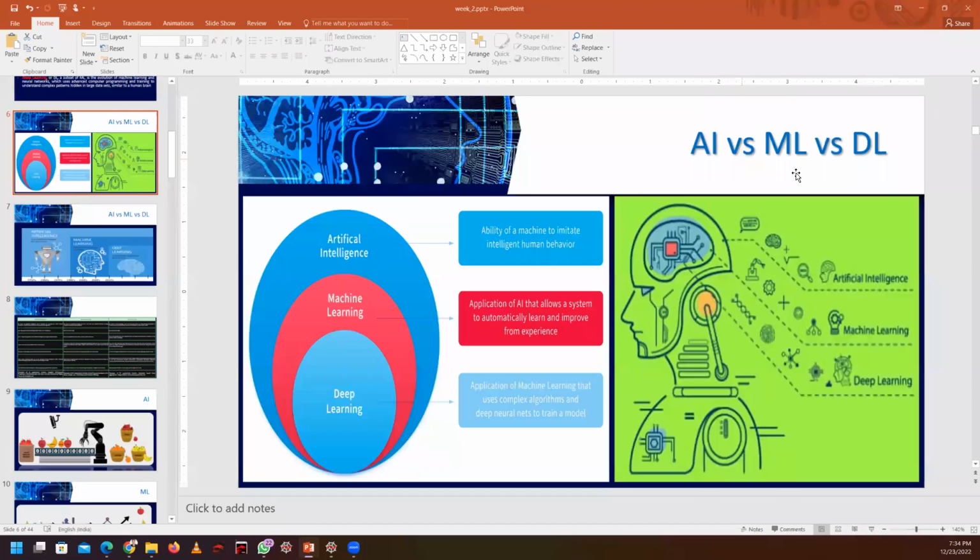If you are implementing any application, whether we have to call it an application of artificial intelligence, machine learning, or deep learning, how do we decide? It depends on the level of implementation, whether we are handling it from scratch, from start to end, including the sensors and responses.